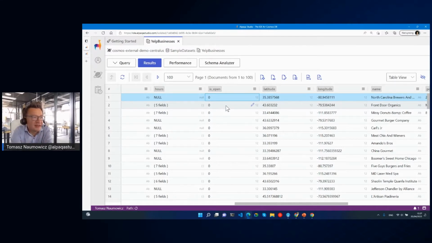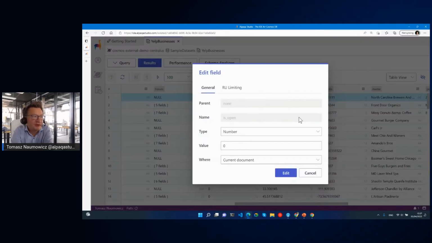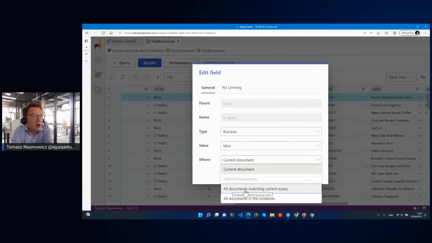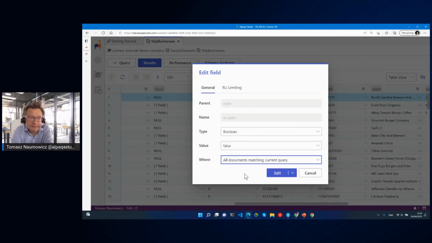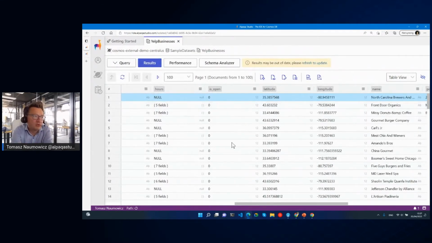And we know it has the value 0. We know it's always a number, so we just want to fix it. So I can right-click on it. I can say, hey, fields, edit the field here. I would like to change the data type to a Boolean, and it should be a false. And we want to do the change to all documents matching current query. Let's do it. Again, what happens behind the scenes, we read all the documents, we do those changes for you. And once the operation is finished, we'll be able to refresh the view, and we'll discover that